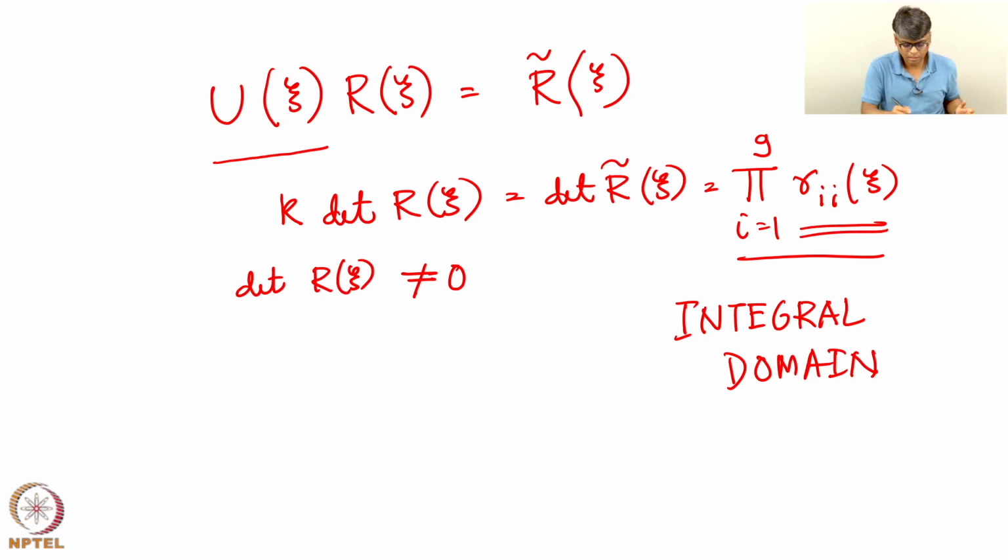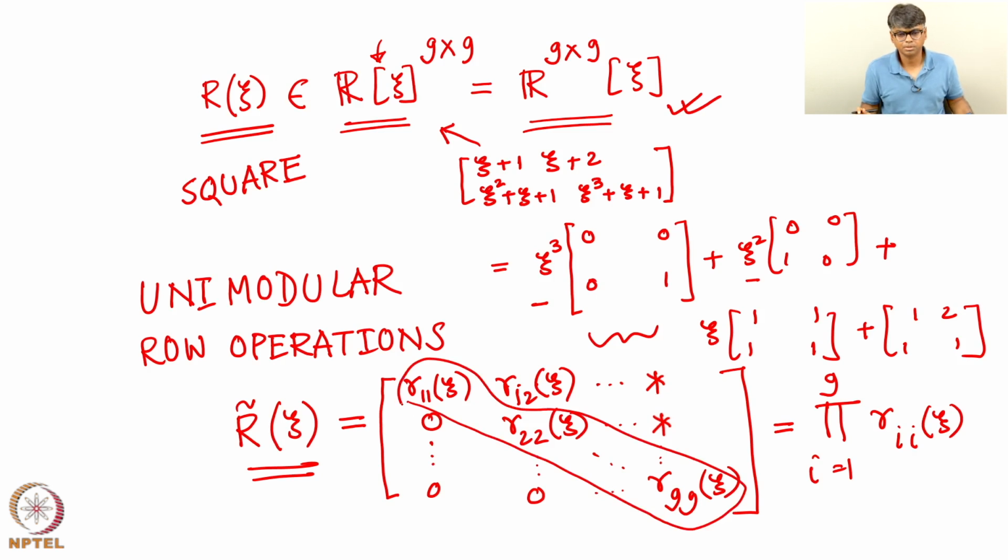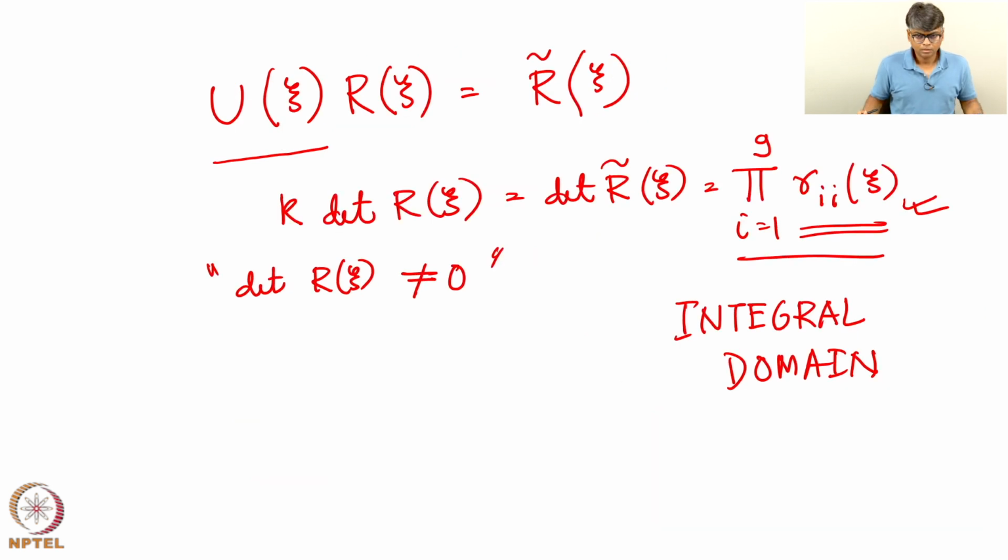So that means in order for this to be non-zero, each of these polynomials must be non-zero. What does that mean? Each of these polynomials being non-zero means these diagonal entries must be non-zero, which means this is a proper upper triangular shape. Now,